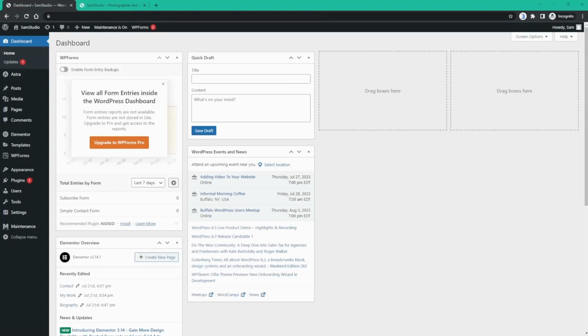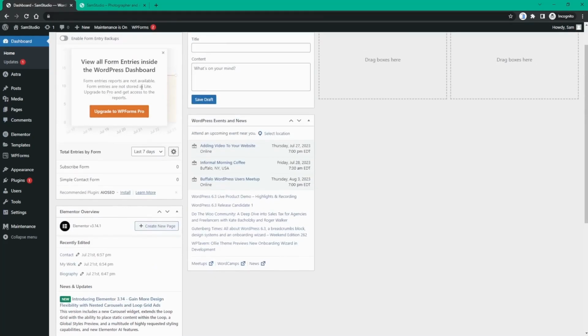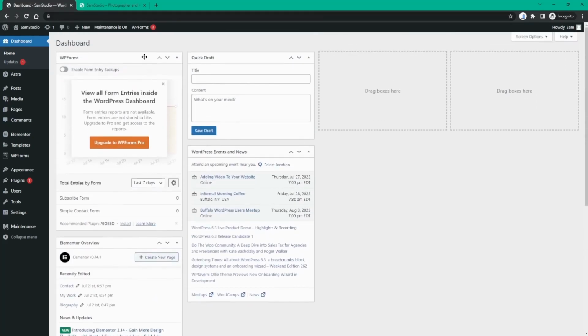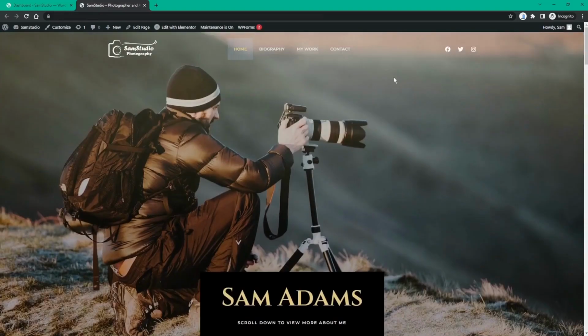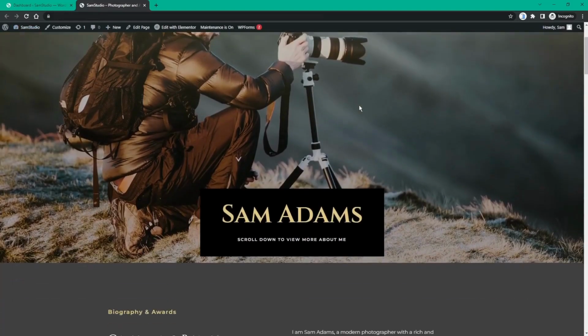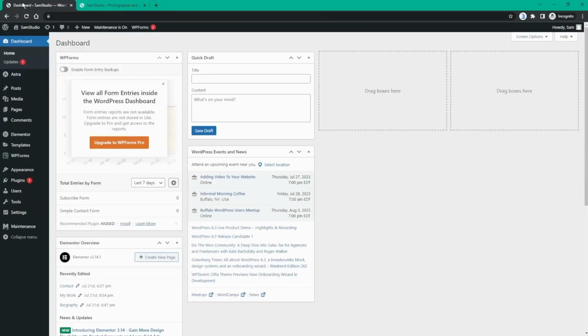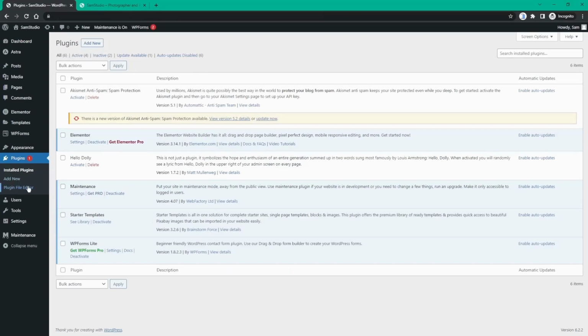We are on our dashboard over here, and keep in mind that everyone's dashboard may look a little bit different, but we all have the same basic menu items on the left and on the top. So to create our sticky header, we're going to need to install two plugins. I'm going to go on the left hand side to my plugin tab, and I'm going to click on Add New,